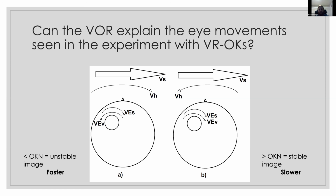And we still have pending to answer why it is that we perceive the velocity differently, and particularly, why it is that less nystagmus produces the sensation of a faster velocity. And here we propose an idea: the optokinetic nystagmus is not just responding to a stimulus. It's not that there's a stimulus and my eyes are responding, but we like to think of the optokinetic nystagmus as what the brain, our system, proposes to stabilize the image that we are receiving in the retina. So in that process, the VOR is changing the actual optokinetic nystagmus. So if I have less optokinetic nystagmus, like in the case of A, less than I would have because the VOR is slowing down my eye response,